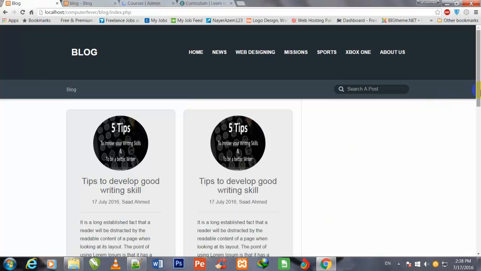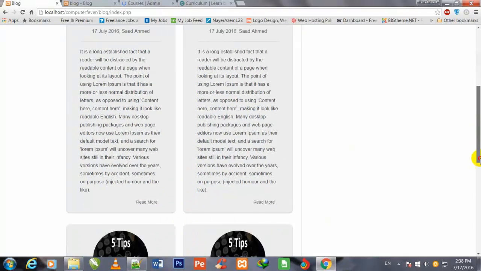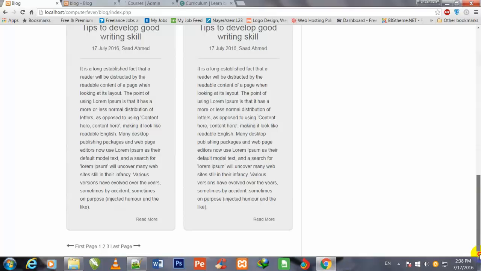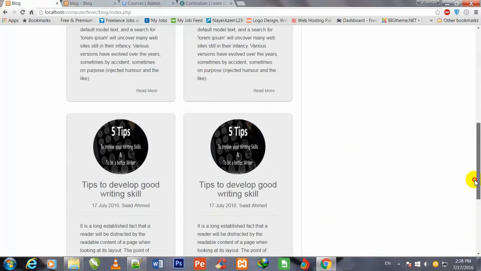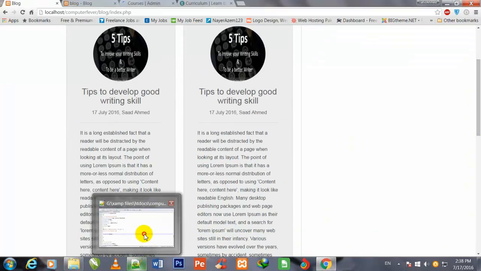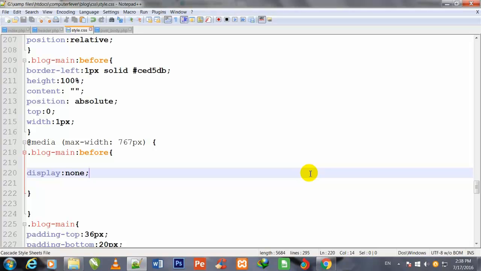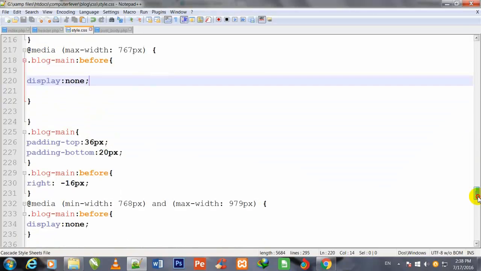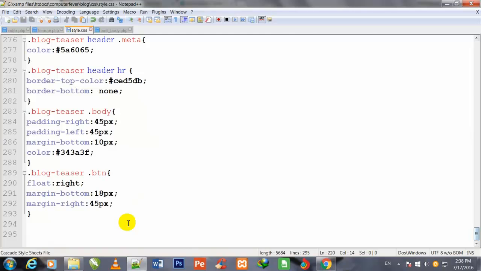Actually, now this correction will not have any effect, but later on it made a lot of difference in this blog. So that was the right query. So once again I go back to my Notepad++ code editor, inside style.css, and I scroll down, and from here I start styling again